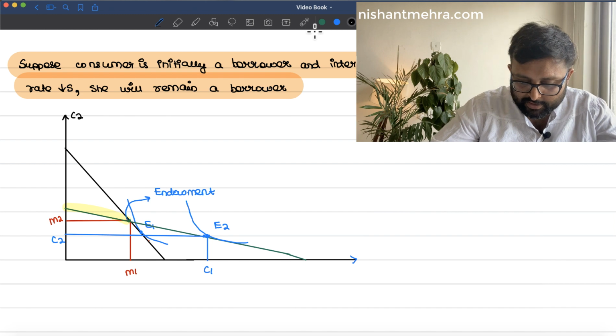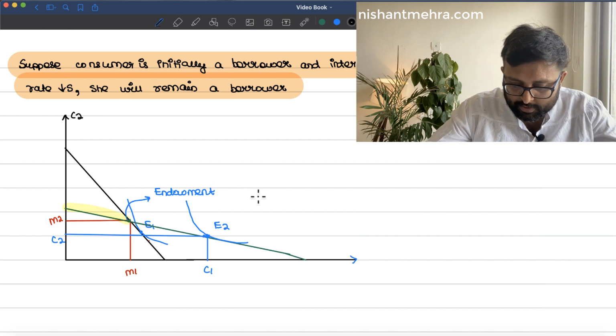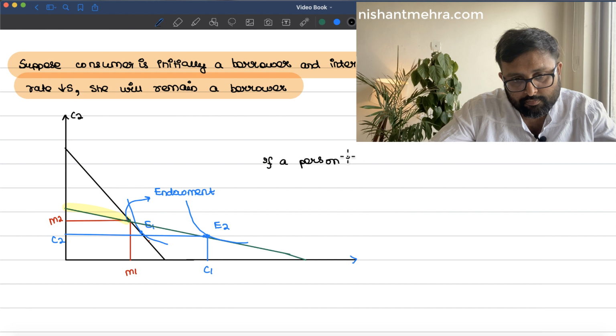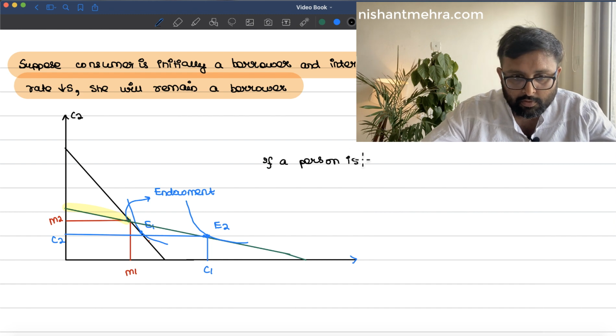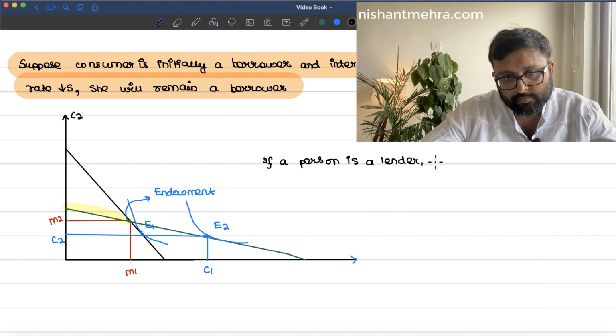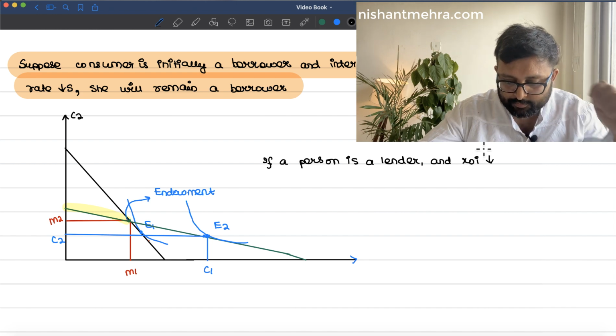Revealed preference doesn't say anything about that. So please write that. If a person is a lender and rate of interest falls,